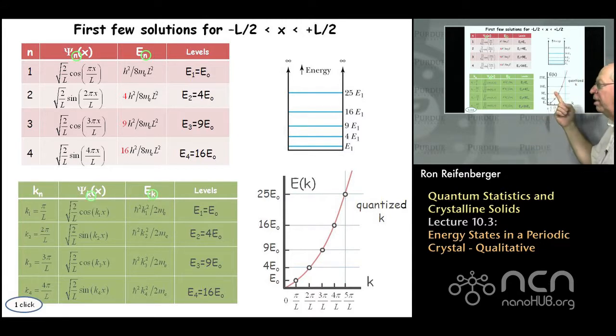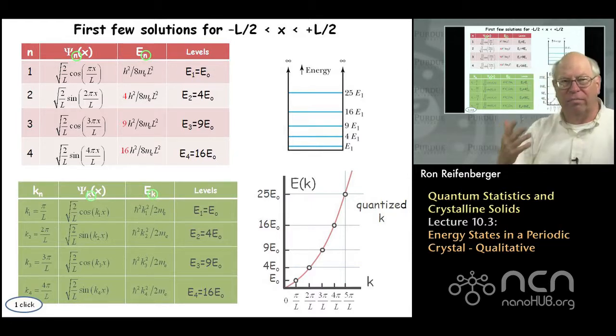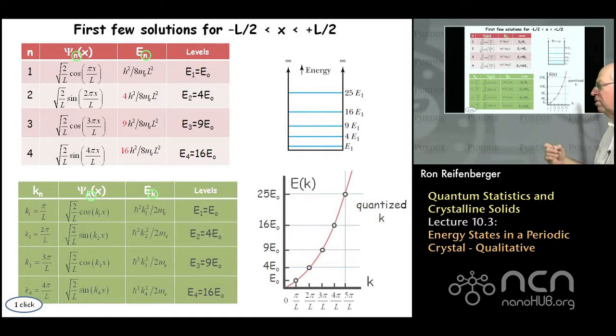And so now, instead of writing the energy levels in this type of diagram, we can write the energy levels as a function of this k value, where k is now the quantum index, or the quantum number of the eigenfunctions. And when we do that, we find that the allowed energies scale as k squared, and so